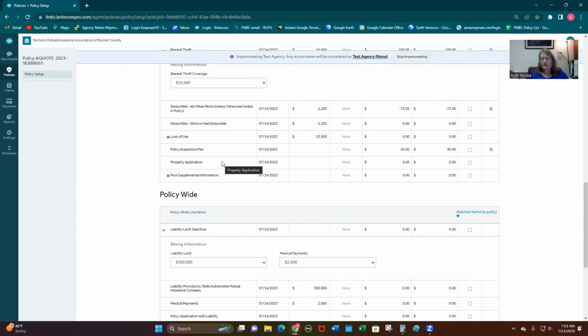That's where it'll open up, and that's where you put in your information on the home, whether you have a pool, how many acres, distance to the fire station, fire hydrant, the information we need to get a State Auto quote. That will be in this drop down. I know it's a hassle, but we've sent out a form too. You can either fill out that form, but